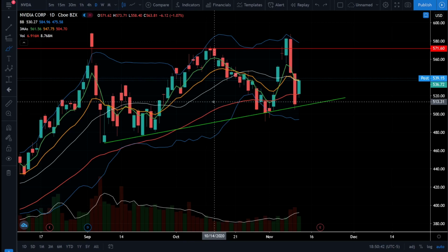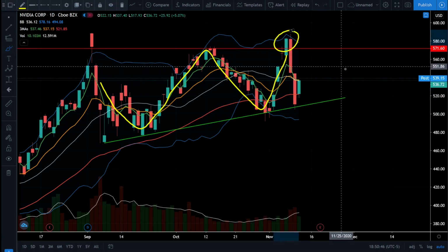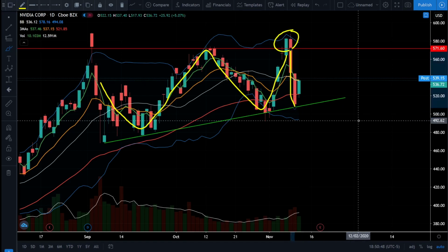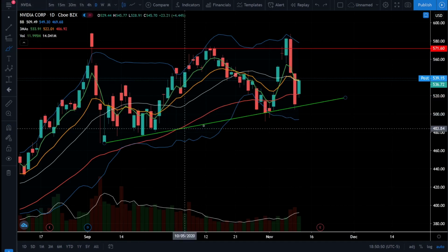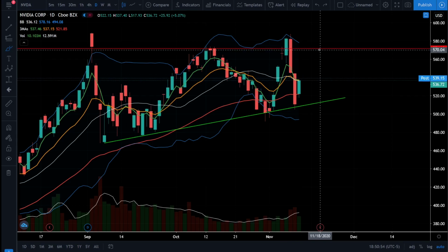Next up is Nvidia stock, and we see Nvidia also consolidating, and we did get a false breakout to a new all-time high followed by a correction. So it looks like Nvidia is finding a support trend line, and we did get that confirmation bounce today. So it's likely Nvidia can come back up to this $571 level and try to form another new all-time high.